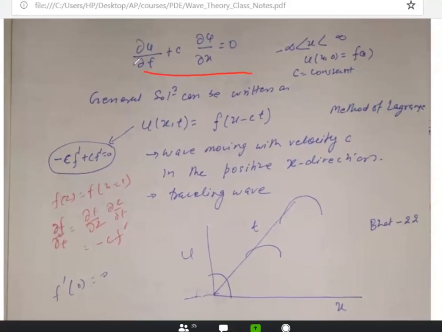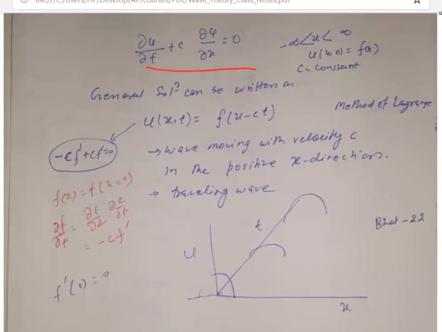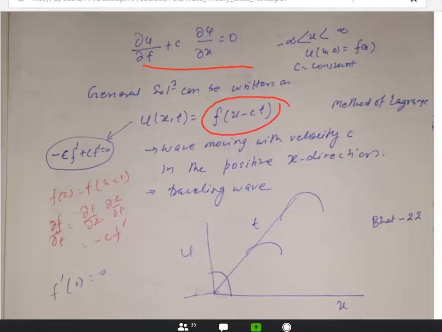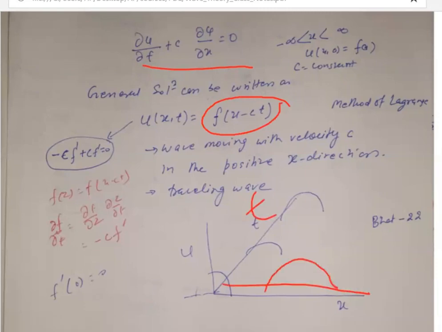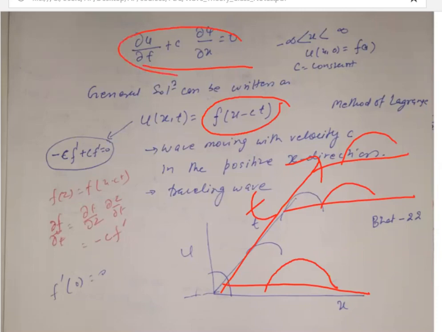Okay, so the linear wave. If you are considering the traveling wave solution, then if you have any pulse, with time t this pulse remains the same, it doesn't distort. So this is linear wave theory: if you have a traveling wave solution, any form of initial condition travels along with time, there is no distortion.